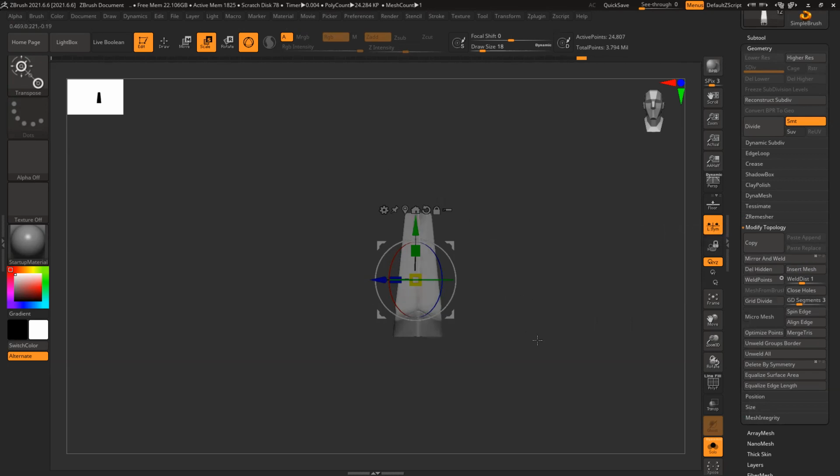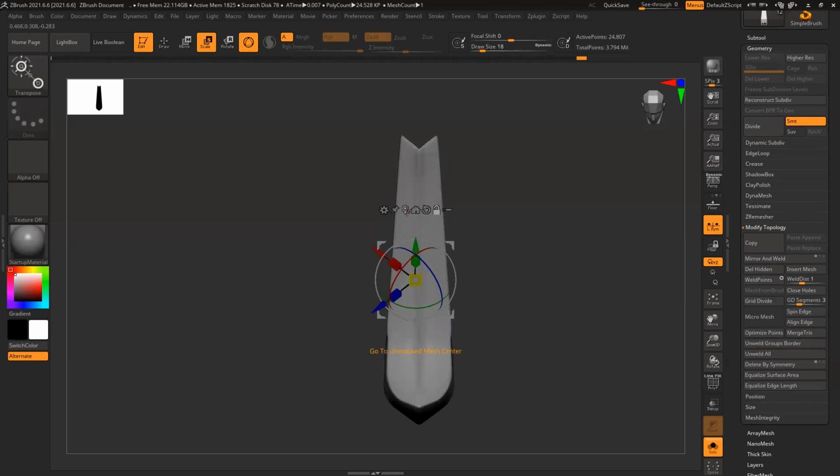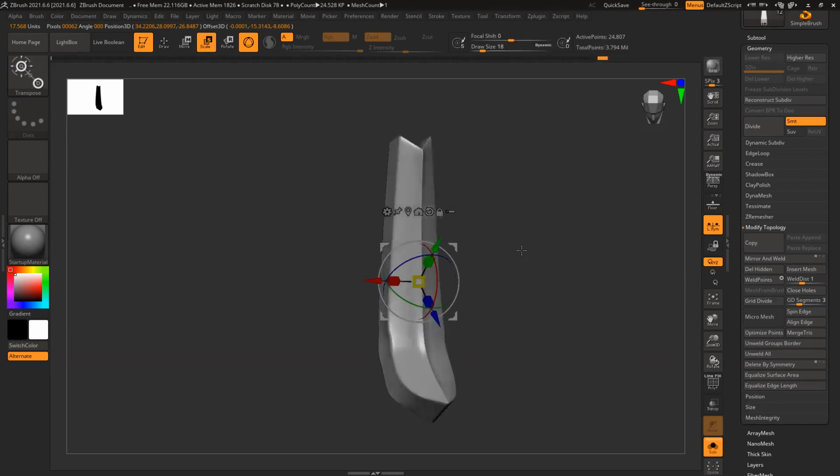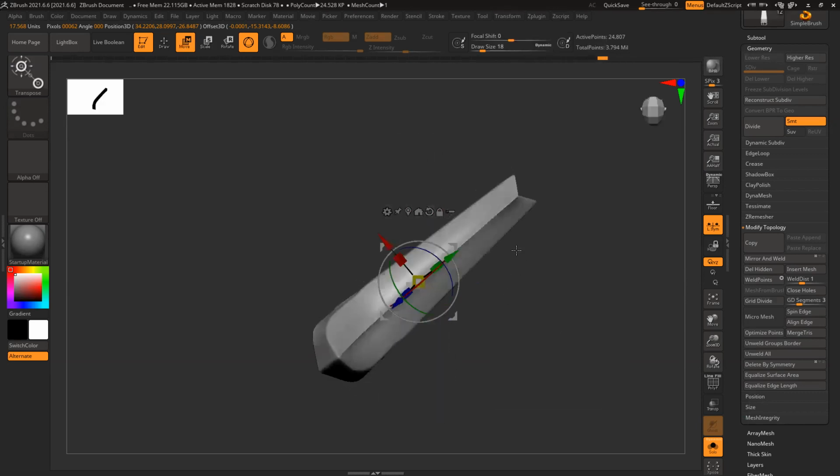So mirror and avoid, all the shapes should be accurate, because in modeling, especially in gaming, accuracy matters. It should be exactly what you're trying to create. The shape and everything should be correct. So I tried symmetry, but it was a little difficult to achieve the correct symmetrical form on both sides. So I just deleted everything and created one part, and then repeat it. In that manner I'll get a perfect symmetrical shape. Now, if I use X and switch off my Z, you can see I can create this thing very easily. It will become easy for me.